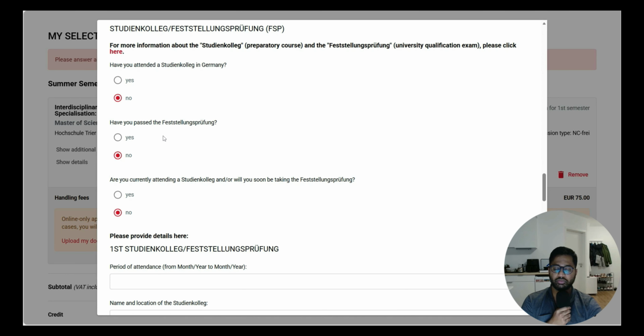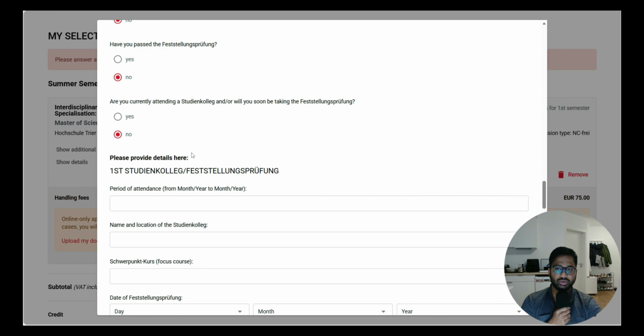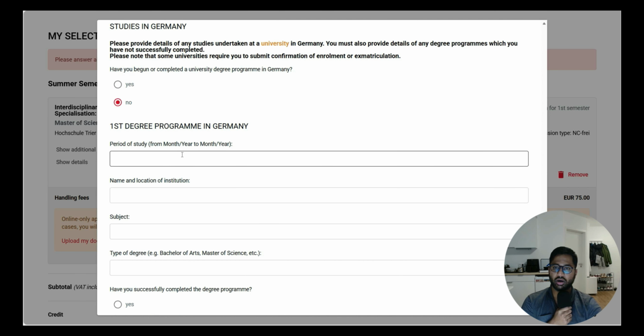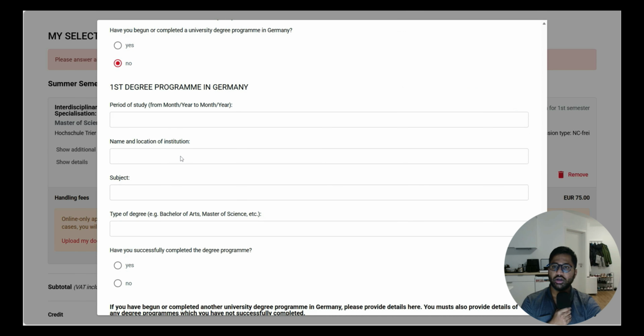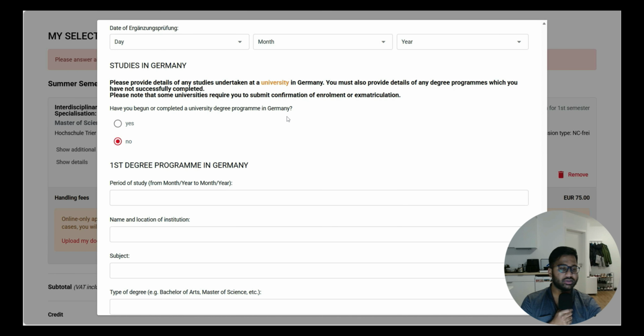Have you passed this proofing? No. Are you currently a student in college? No. Then there are all other things that we are not concerned about. And here, if you are a person who has selected second or third semester, where you have information about study